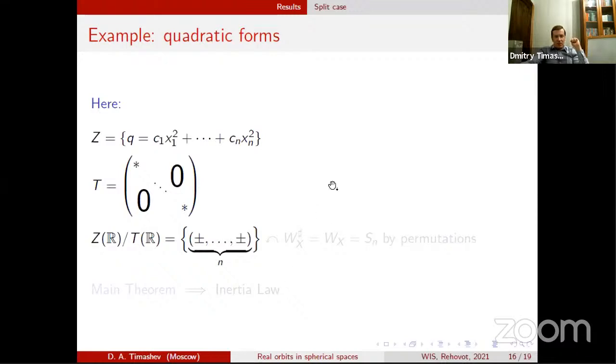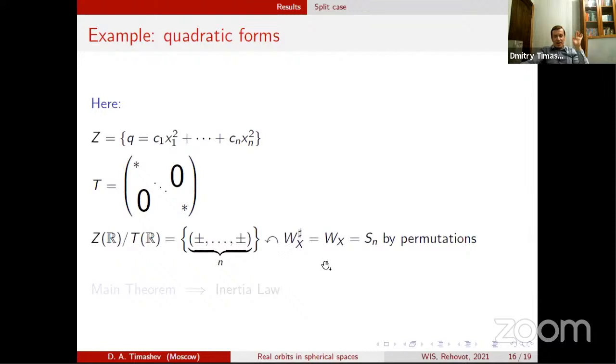In this example, as I explained before, for quadratic forms, the slice is composed of quadratic forms which are sums of squares with certain coefficients. The maximal torus is just diagonal matrices. The set of real torus orbits on the slice is parameterized by n-tuples of signs, plus or minus. And on this set